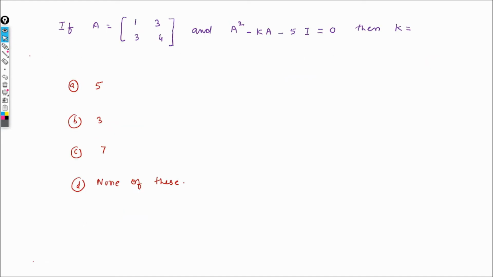Let us understand the next question. If A is equal to this and the equation given is A square minus kA minus 5I is equal to 0, then we have to find the value of k. So I can write, we have to calculate the value of k. A square minus kA minus 5I is equal to 0. This implies A square minus 5I is equal to kA. So let us write here A square means